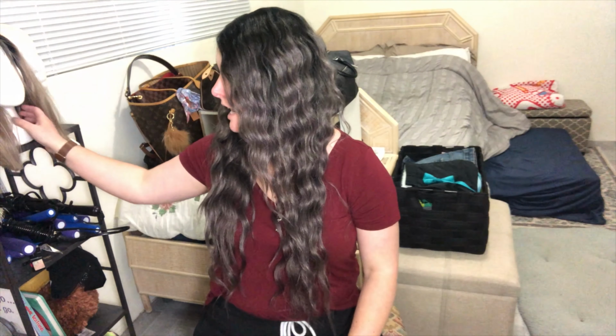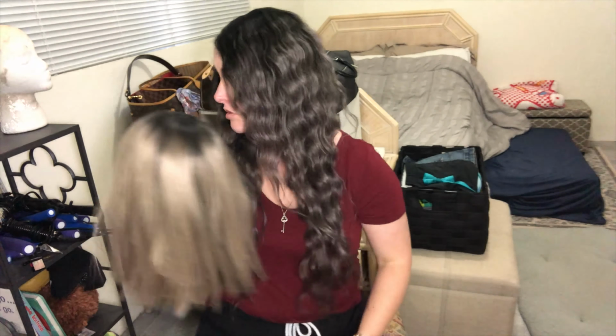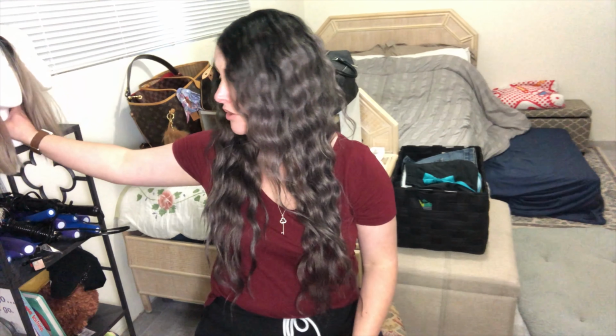And I have to say, these wigs too that I have, the Sensationnel one, I love this gray too. Their gray is really good. That's a really nice light gray. For me, this is a really nice dark gray. And it has some purple in it, and I love purple, so it just works really well for me. So anyways,